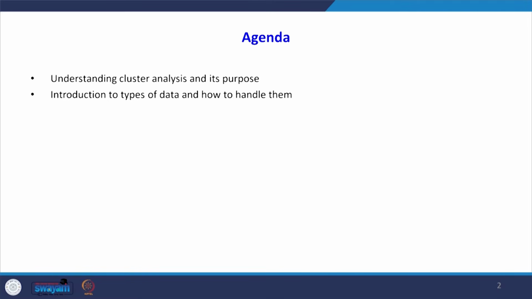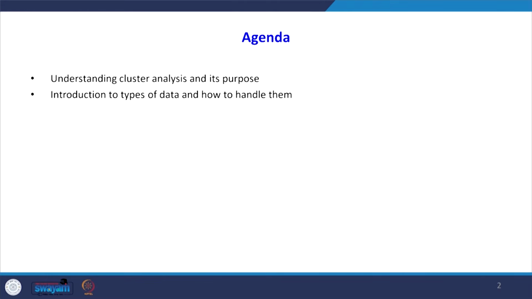Dear students, today we are entering into a new topic, that is cluster analysis. Cluster analysis is one of the most widely used data mining techniques. It is a very important topic. So, the agenda for today's class is understanding cluster analysis and its purpose, then an introduction to types of data and